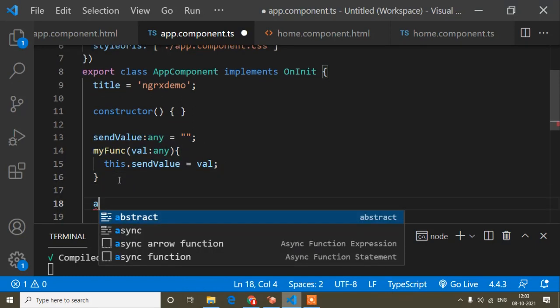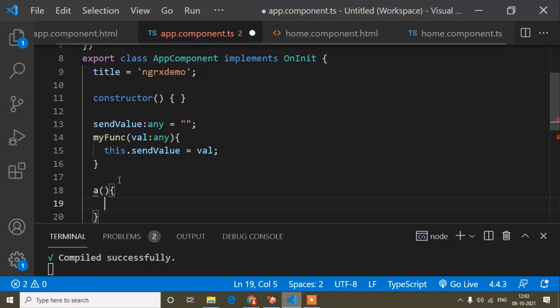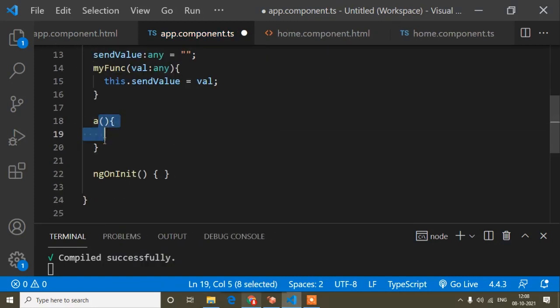Apart from my function, suppose I have another method a, and inside it I performed something, and I need this method in another component. I have to export this method separately and that method separately. If it is 1000 methods or functions, I have to export each separately.